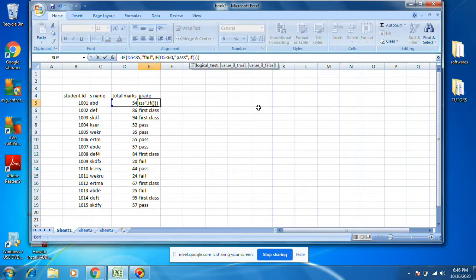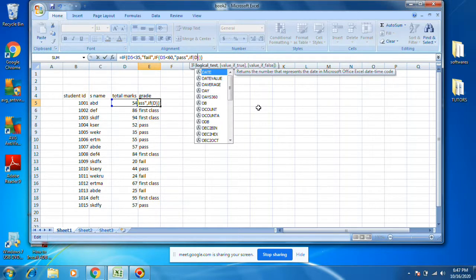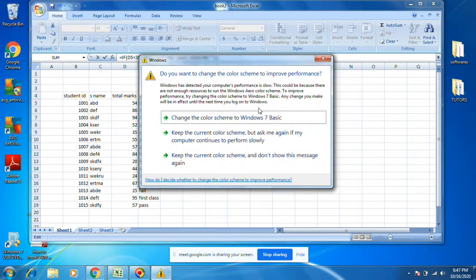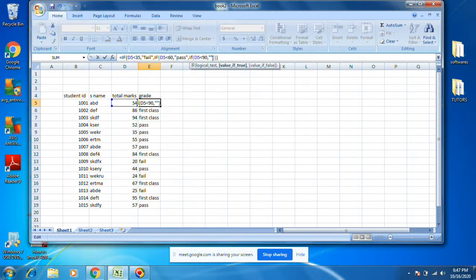If D5, once again D5, less than 90, comma, this is true, true section.